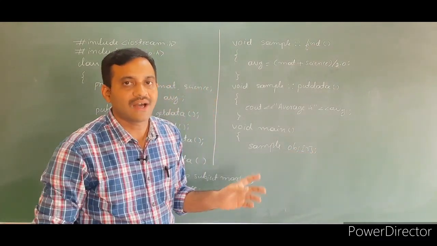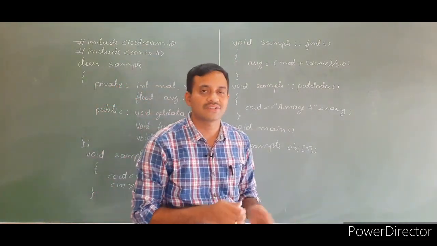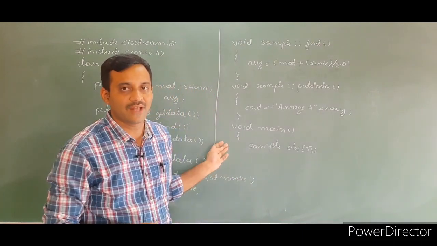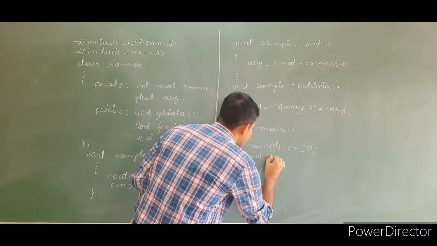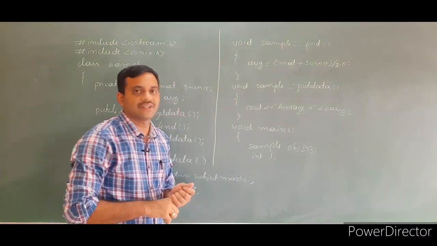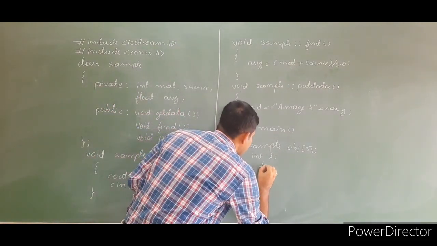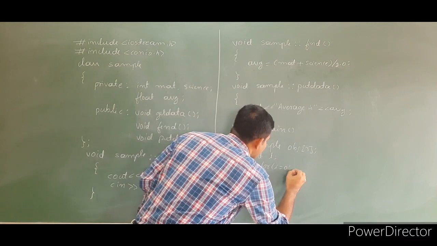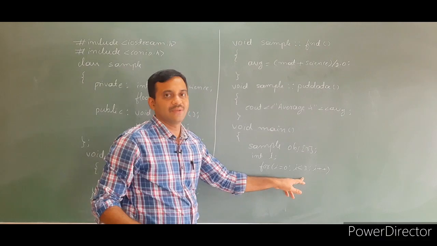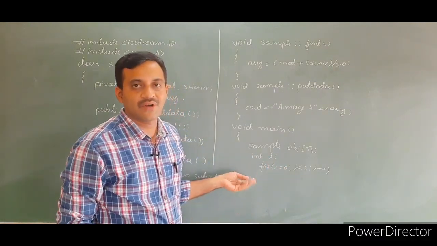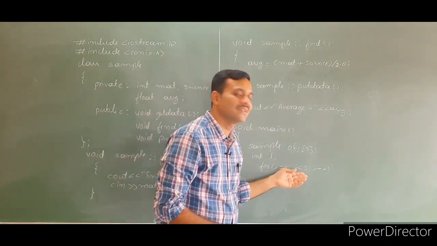To read the values for the array, we use the for statement. Here also we use the for statement to read and print the values. So for that, declare int i. Inside the for loop, we call the functions: for i equals 0, i less than 3, i plus plus. We directly use 3 because the problem statement itself is writing a program for 3 students to find the average of 2 subjects.